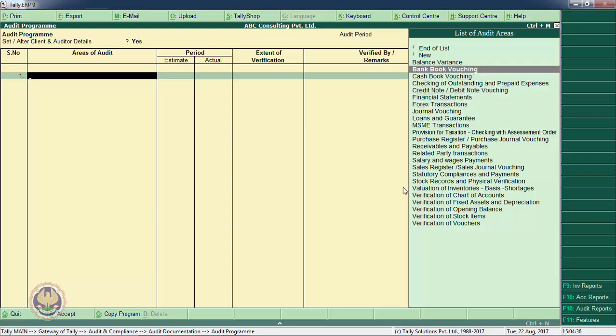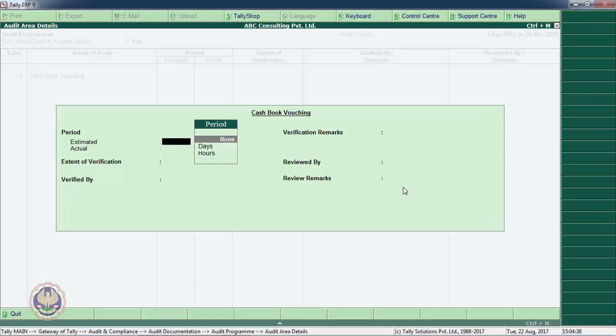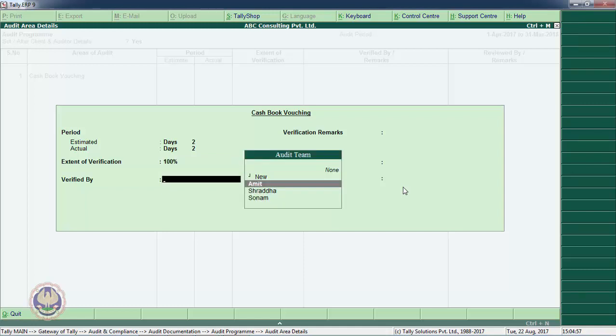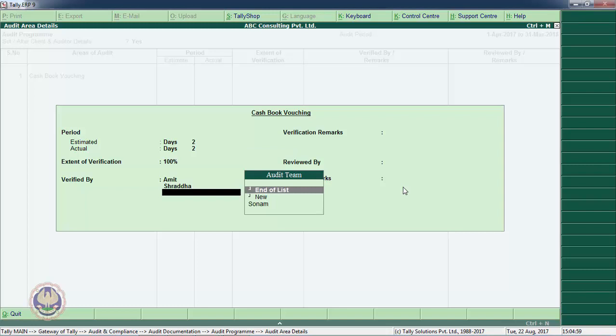We can, for example, let us say cash book vouching. How many days it will take? Let us say 2 days. Actual, how many days have been taken for this particular task? It can be specified here. Let us say 2. Extent of verification, how much we have verified? Let us say 100%. Verified by Amit and Shraddha.